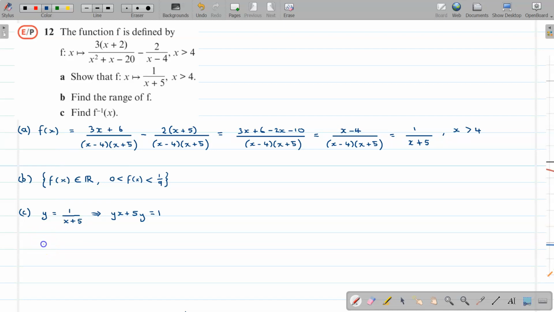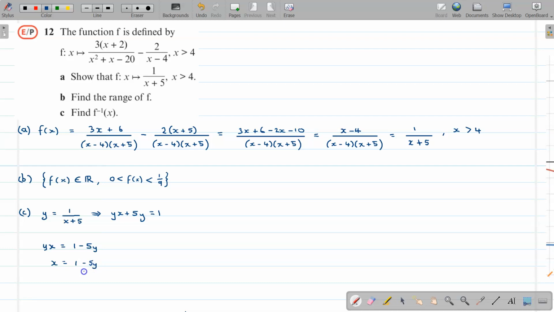So my next step would be yx equals 1 minus 5y, and finally I divide both sides by y, and I get x equals 1 minus 5y